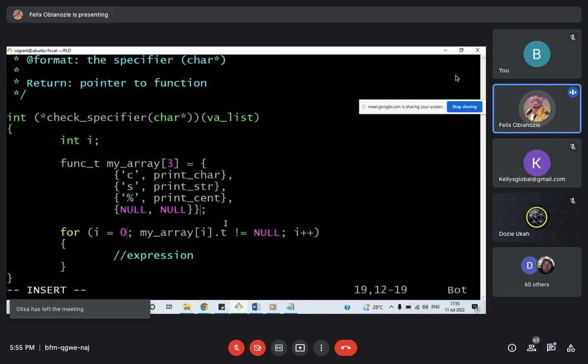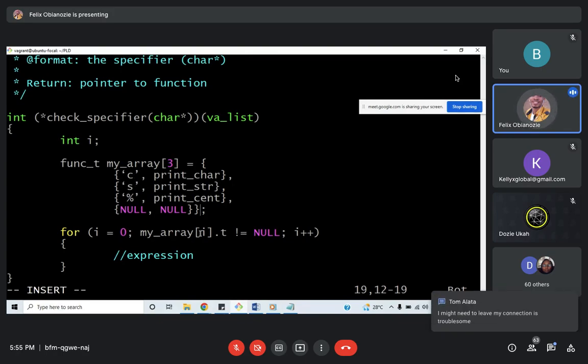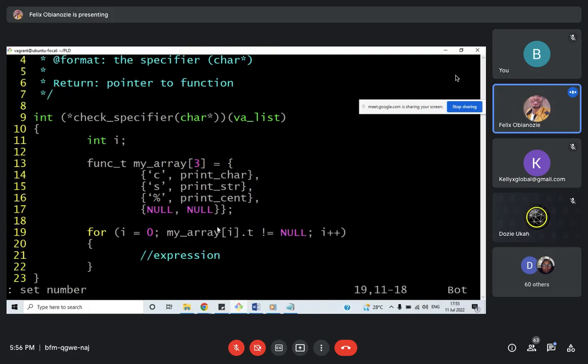Remember the struct we created, the t for each struct. So my array with index I equals to 0 will be pointing at line 14. Yeah? So I need to get